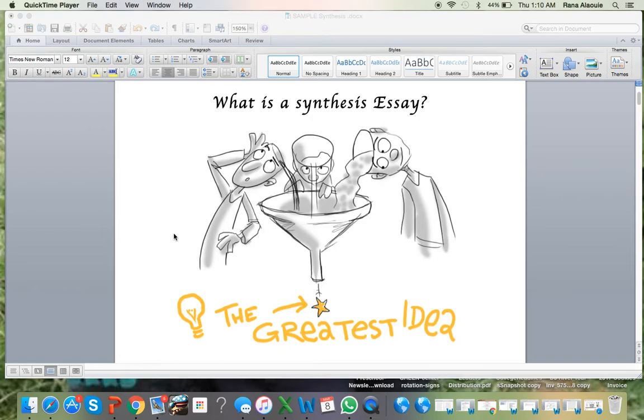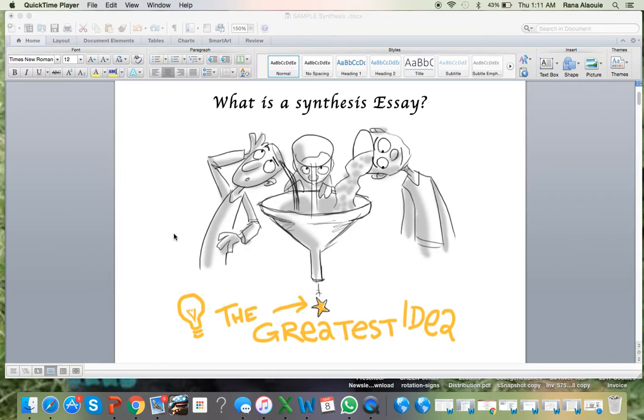Hi everyone. Today we're going to discuss the details on how to write a synthesis. Some of this is going to be redundant because we've discussed many of the elements in class, but at the risk of sounding redundant, let's discuss what a synthesis is. Basically, when you're synthesizing, you are bringing in different separate elements and creating one entity with those elements. So in this case, you have different sources that you are going to use to combine to create one coherent